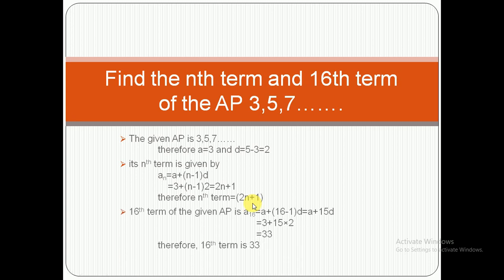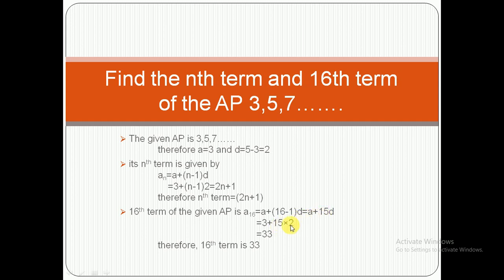So one part is over. Next, the 16th term of the AP we have to find out. One more explanation I want to give here: directly also you can work out the 16th term. You already know the first term is a, the second term is a plus d, the third term is a plus 2d. If you continue like that, in place of a16 you will get a plus 15d. So in place of n you have to substitute 16.